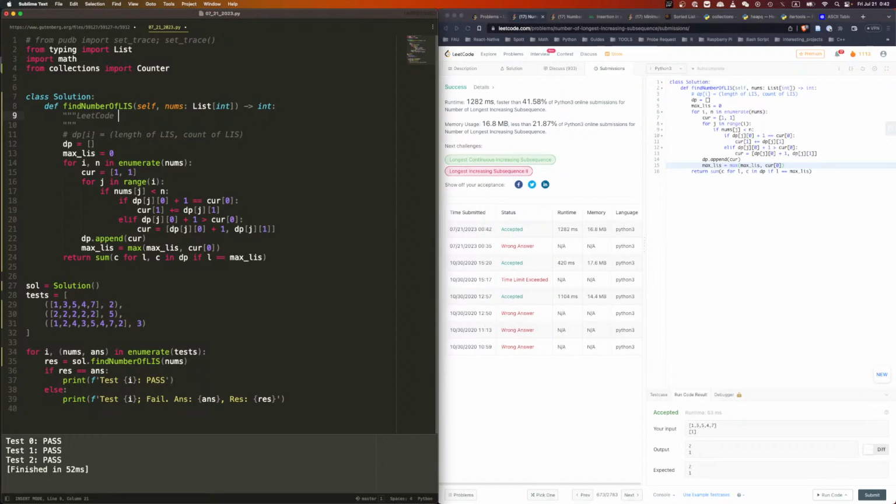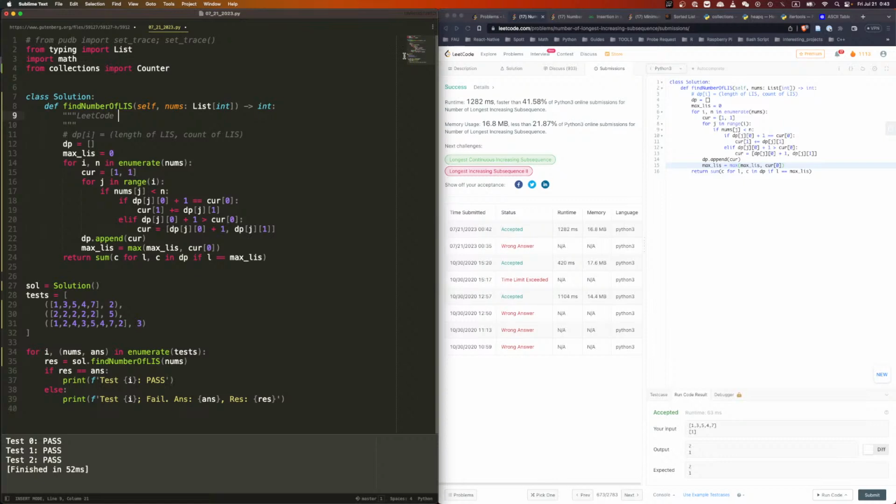From start to this, give me the maximum length. That's basically what we want. We want a maximum length from something to something, right? And in addition to that, we also want the count, how many there are with this maximum length.